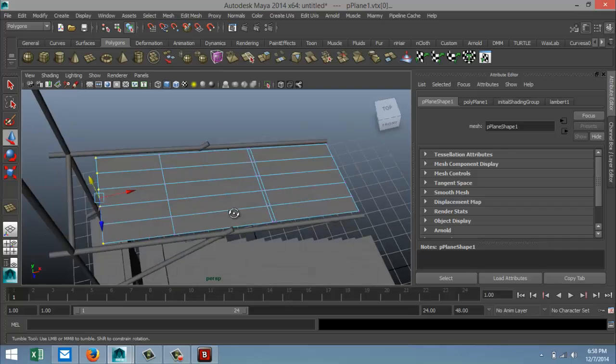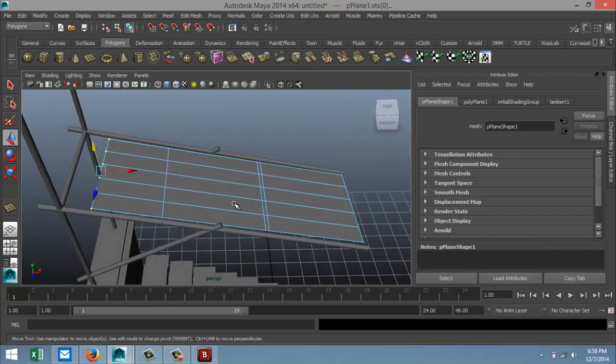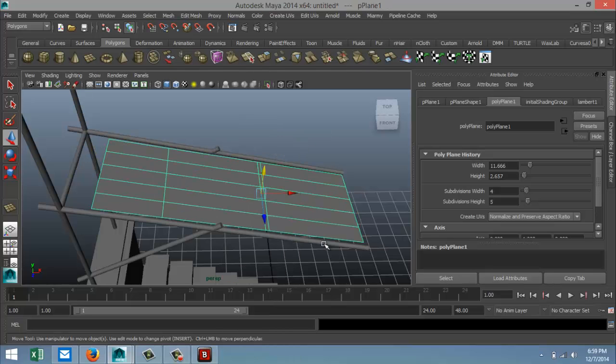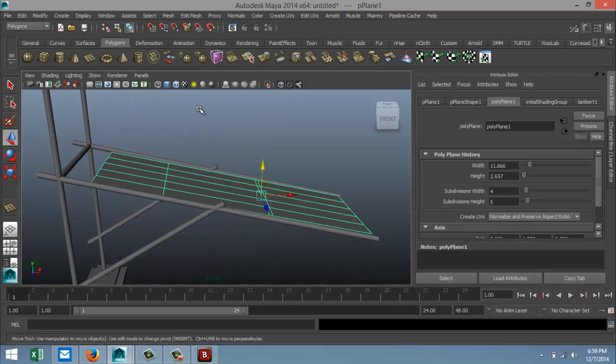Let's see what we got. Yeah, it looks okay. All right. So now that we got that, right click, object mode. Just check this from all angles to make sure it looks okay. So we got that. And then we're going to go to our,